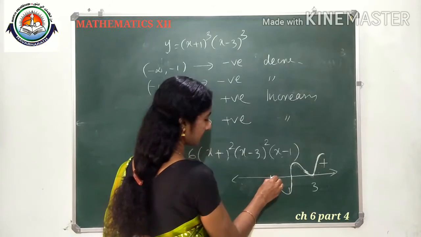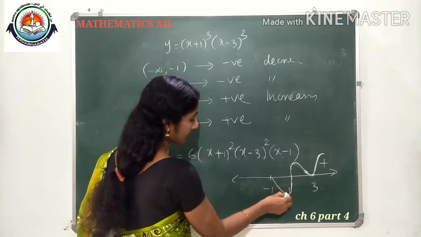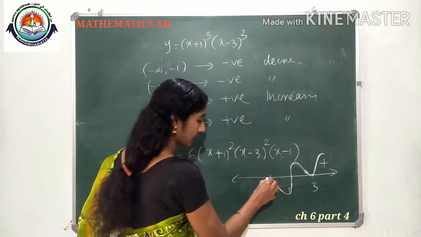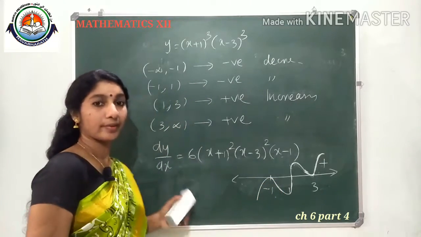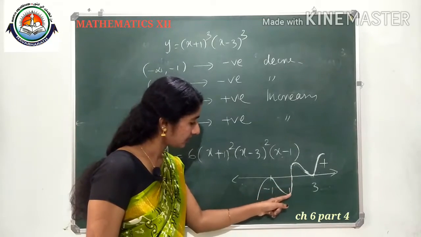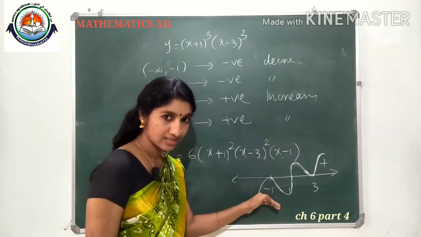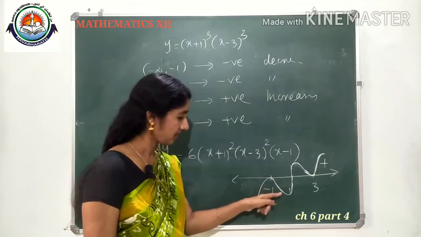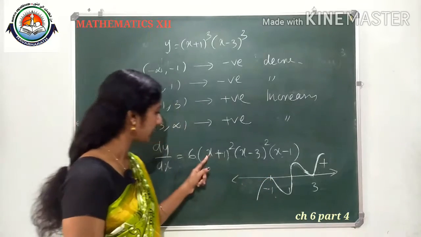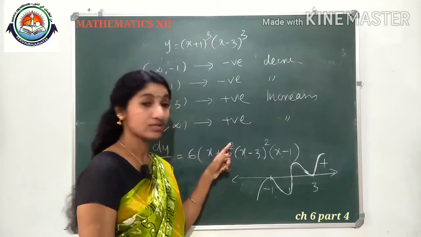will go like this, and see, (x plus 1) whole square is there. So what happened: on the right side of minus 1, the same thing will come. Here also it will not cross. Minus 1 is a critical point, but after 1 it's going to minus 1, that time less means decreasing, then it will not cross minus 1 since (x plus 1) whole square is there.